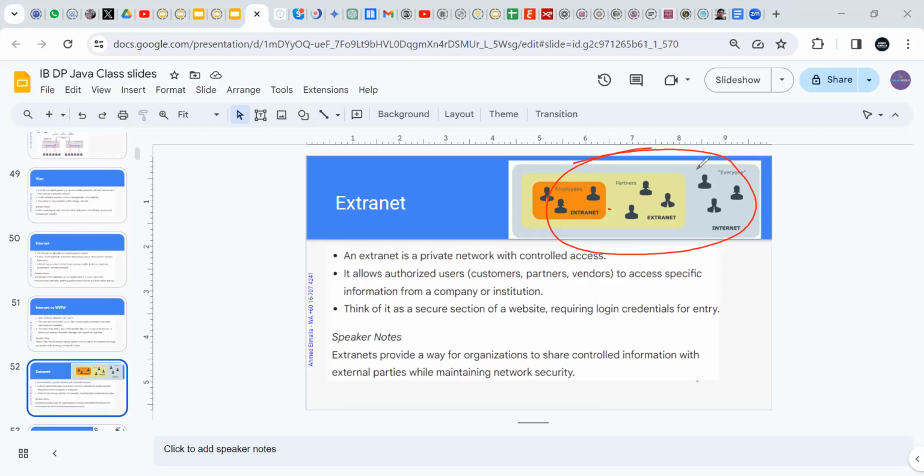Yeah. So an extranet is a network that, well, it says it on the slide as well, but it's controlled access. So different people have different levels of access. So yes, imagine that this is a company that has a website. It has internal employees, and there are partners to that company that are allowed to enter only certain limited areas